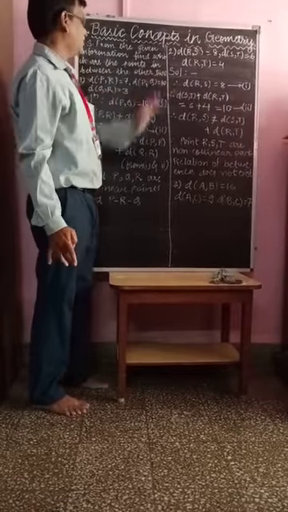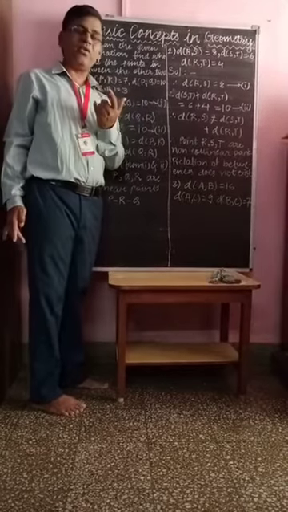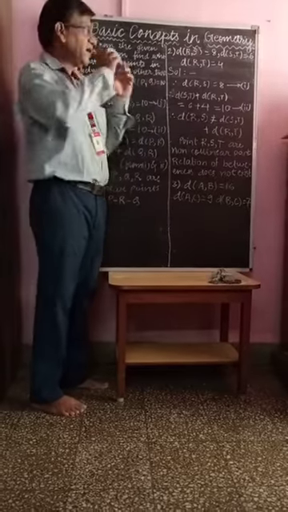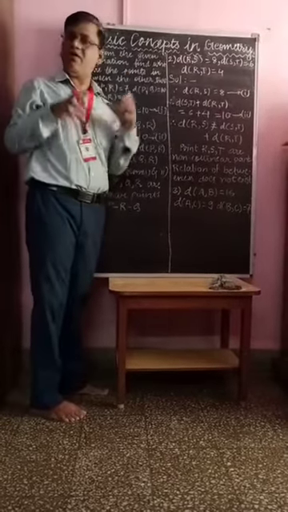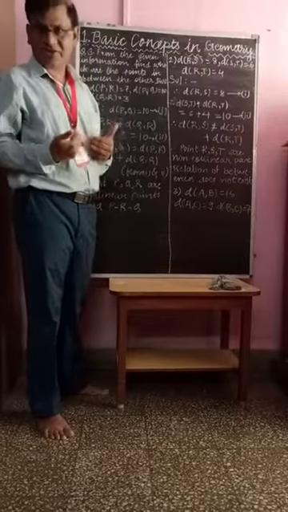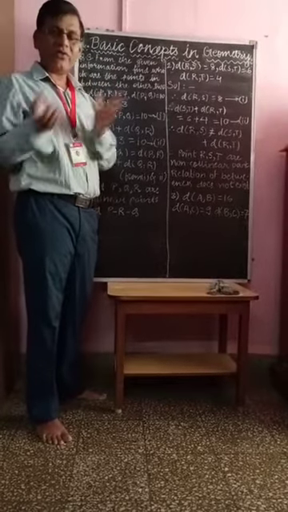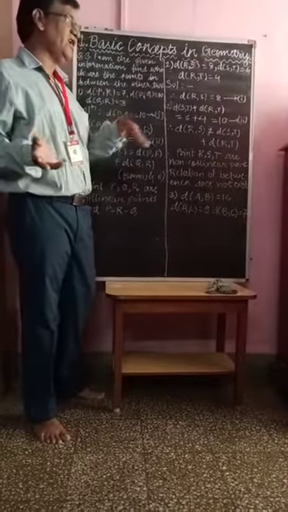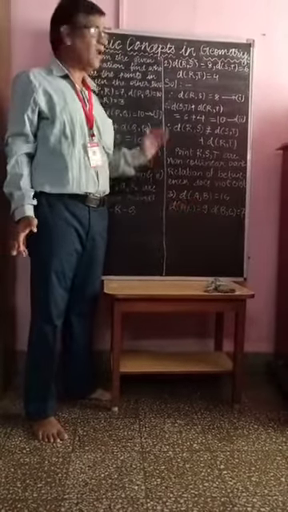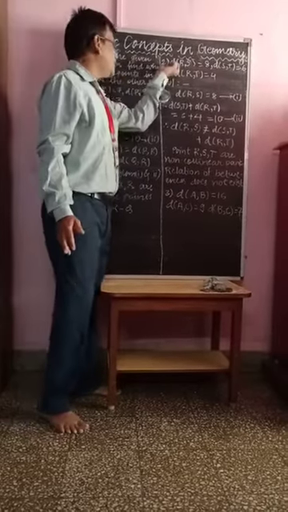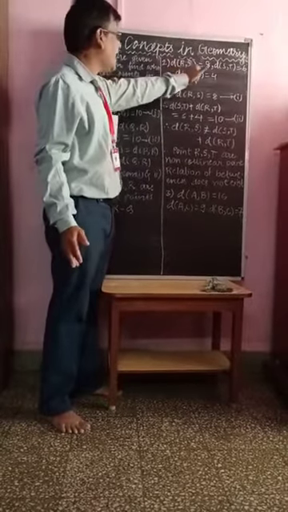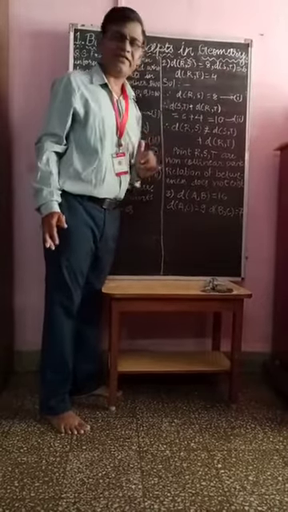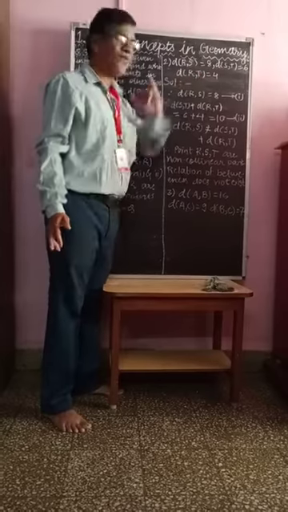Now the second question. If the points are not collinear, then also you can say that these points are non-collinear. Means from the given distances, if you do not get any of the 3 conditions, if you do not get any one condition, then you can say that these 3 points are non-collinear. Now how? See here, the second question: distance RS is equal to 8 given, distance ST is given as 6, and distance RT is given as 4.